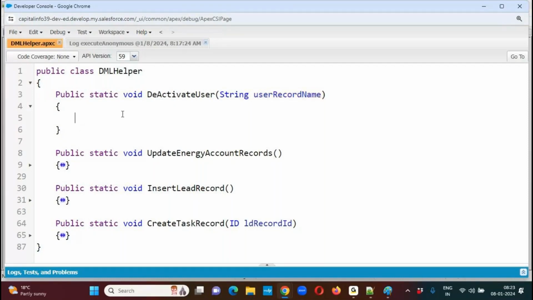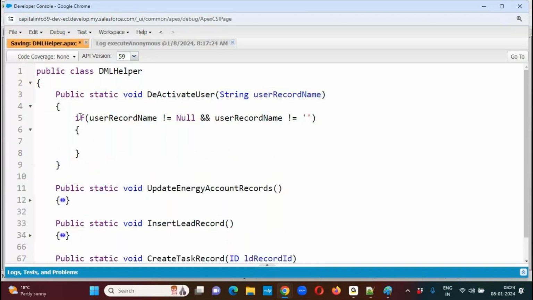Now, first of all, we have to check. Based on a parameter, whenever we are fetching some data, first of all, we have to verify whether that parameter is holding the value or not. Now I'm checking the condition. If user record name not equals to null and user record name not equals to empty, that means if this parameter value is not null and not empty, then I would like to fetch the user